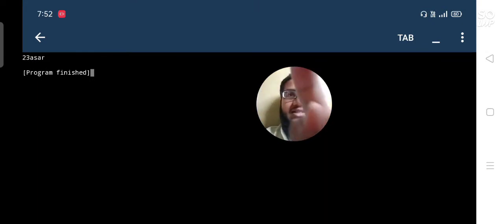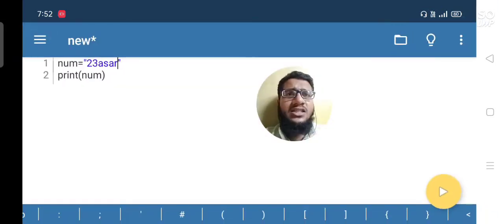You can see exactly what I have written, 23 ASAR, has been printed in the console. It means that the value has been stored inside the num variable, and this value is a string. Why is it a string? Because it is inside the double quotes.